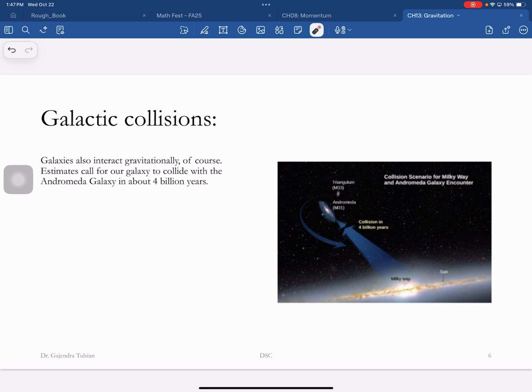What interacts gravitationally? Everything. All masses interact gravitationally. So you are attracted to every object in the universe gravitationally. Galaxies also are attracted towards each other, and if, let's say, as an imaginary experiment, you take 2 galaxies, set them apart and at rest, eventually they'll move towards each other and collide.